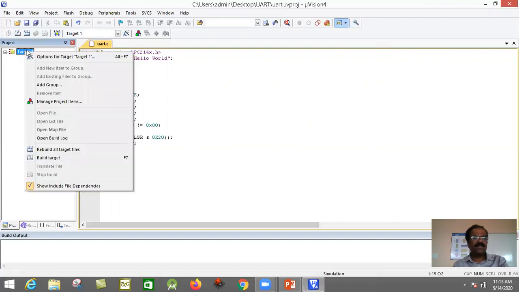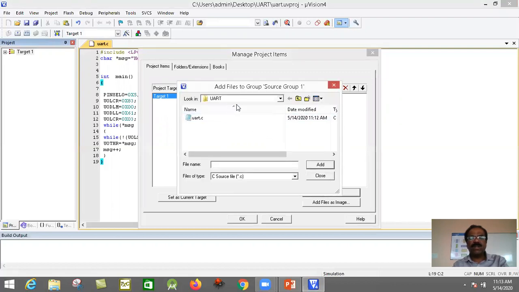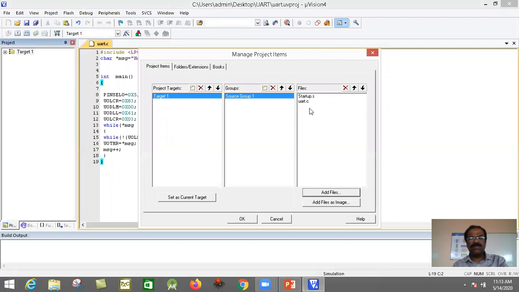Right click on this, go to Manage Project Items, then Add Files, then go to that particular folder UART, which we already created on the desktop. We have to go to the same folder. Then we can see UART.c. Click on this to add this file to your Keil microvision project. Then close. Then that file is added. UART.c is added. Then okay.